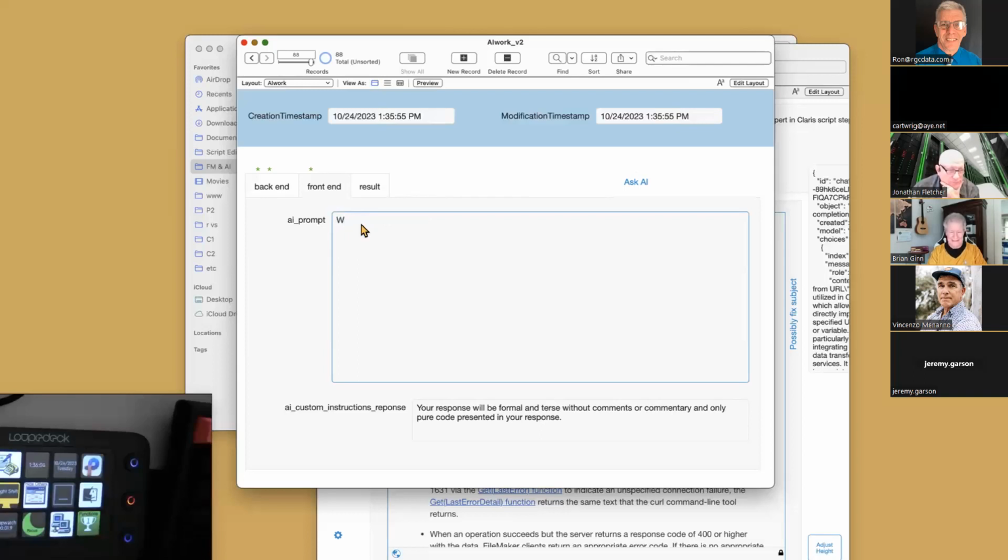Let's see, write a FileMaker script to, I'm doing this on the fly, go to a layout named main. Enter Find mode. This is a simple one, but let's just leave it at that.